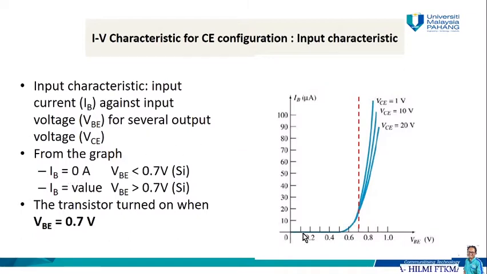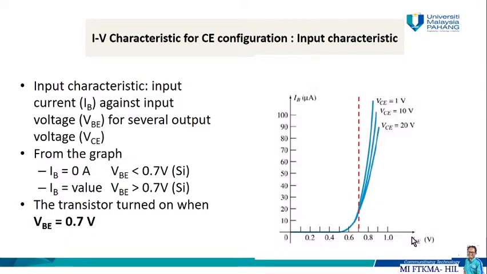when IB is 0, we are going to have the input voltage VBE less than 0.7 volt. Okay, it's less than 0.7 volt, it will be 0. It will stay the same, 0, for any output voltage 1, 10 and 20. But when